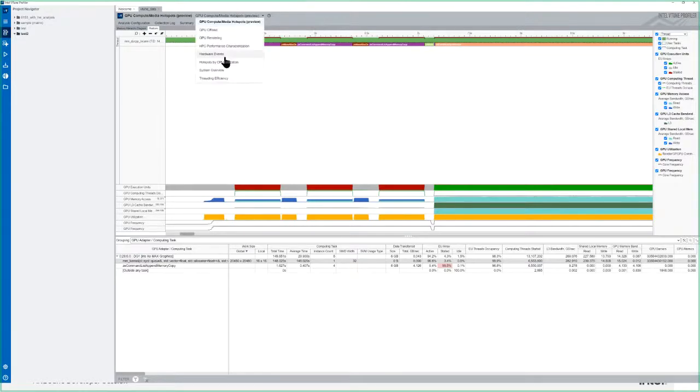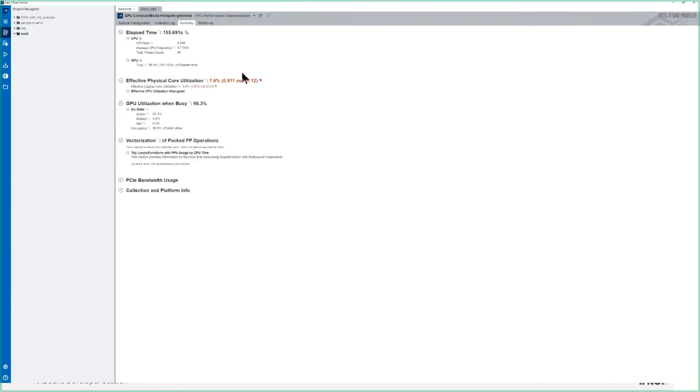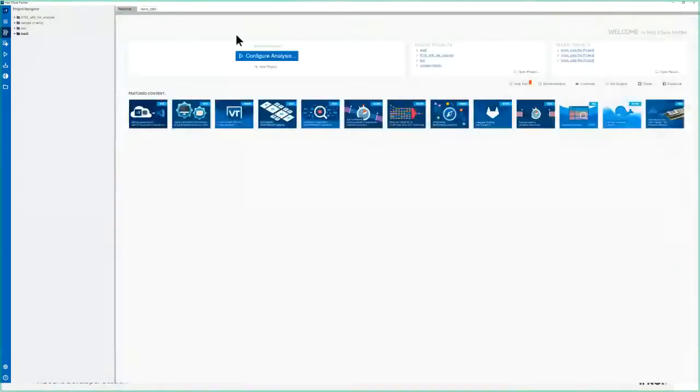And if you flip back here, and you look at your HPC performance characteristics, you can see that you're doing a really good job of offloading your algorithm, because you're basically not using any CPUs whatsoever. It's only 7.6%, which is what you want, right? Because you chose to run the accelerator. So this is actually a good thing, because that means that your CPUs are available to do other things that might be interesting. Whereas you can see, hey, my GPU is used at 95.3%, which was our intent. So that's just kind of a very high level, quick view of Vtune,